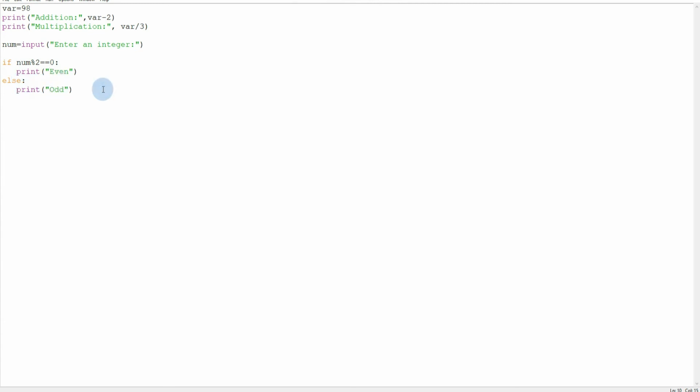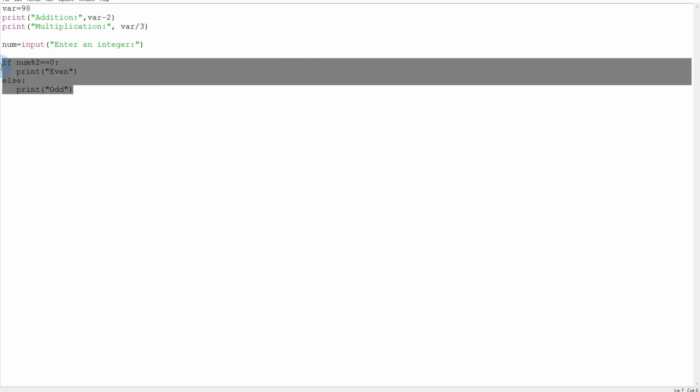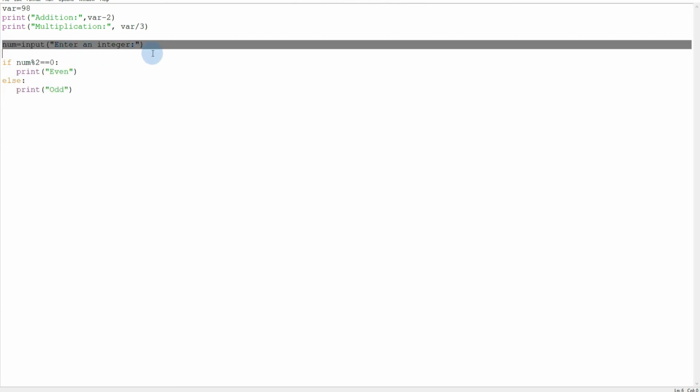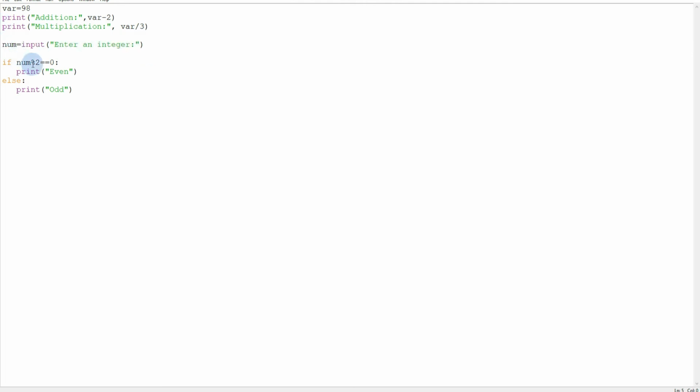We will be having an error in this code, not in our if and else statement, but in this statement. We have inputted a number, but Python does not know we have inputted a number because we don't specify the data type over here.